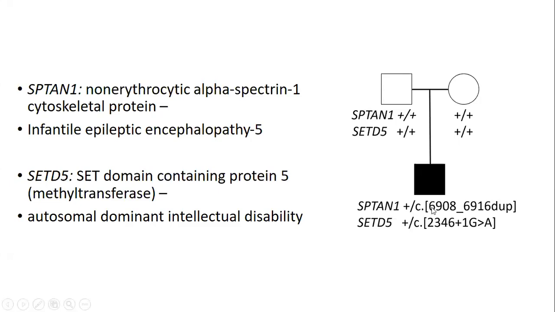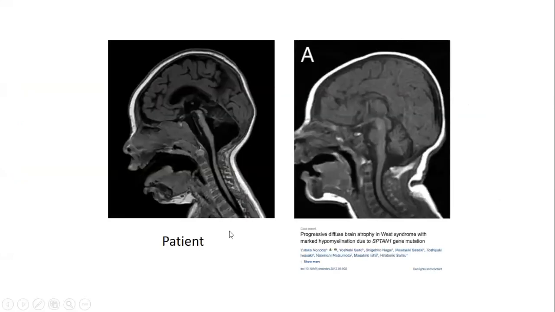They both have been implicated in pathology. We're pretty sure the SPTAN1 was the main driver here. This is a published case with the same mutation, it turned out, also with cerebellar and pontine hypoplasia, maybe not as severe as our patient, but still severe. It's a cytoskeletal protein. And one of the things that we now have the opportunity to do, and which we're trying to work out, is creating a database of these variants, because there may be investigators on campus interested in a brain spectrin-like protein, and we can offer a pathogenic variant and look at what the function is, which is still largely unknown.